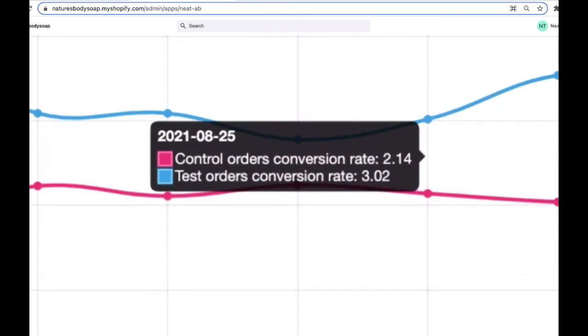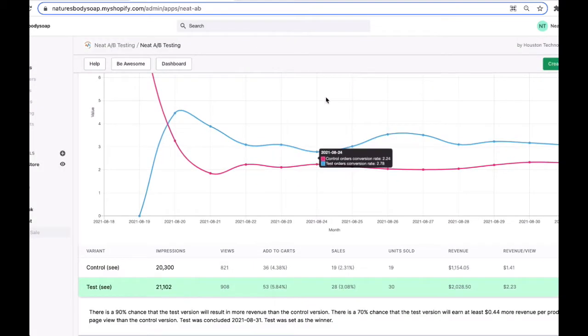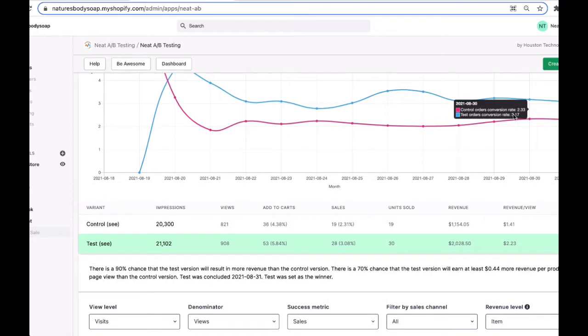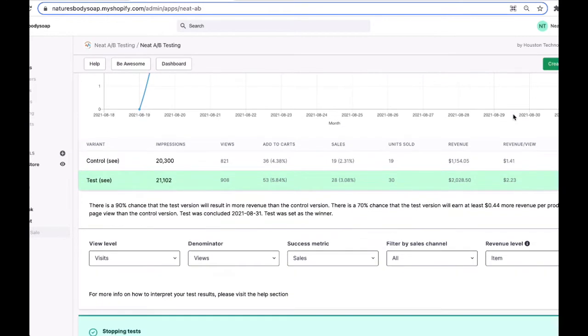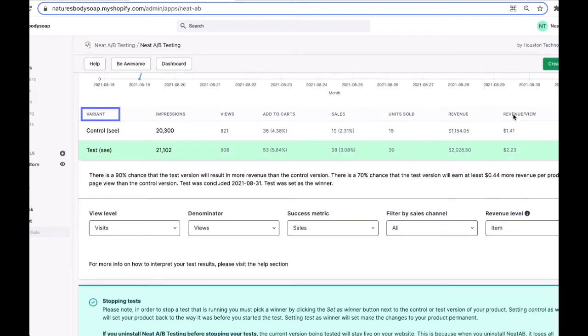It shows you your conversion rate for both the control and variant version of your test. The rate is cumulative for each day the test is running and not a day-by-day metric. As we scroll down to the next part of the dashboard, you will see the control and variant versions of your test with one of the versions highlighted in green. And that's just to give you a quick visual reference on which variation of your test that Neat A/B Testing has chosen as the winner.